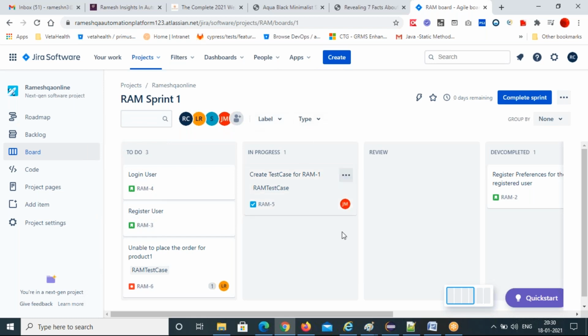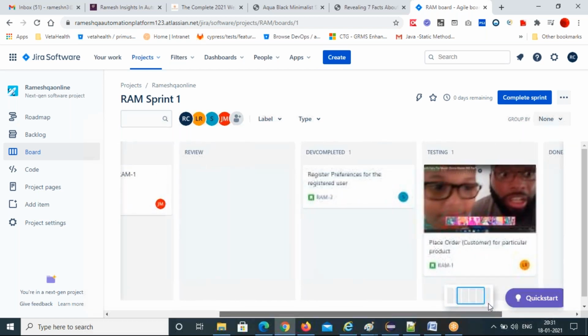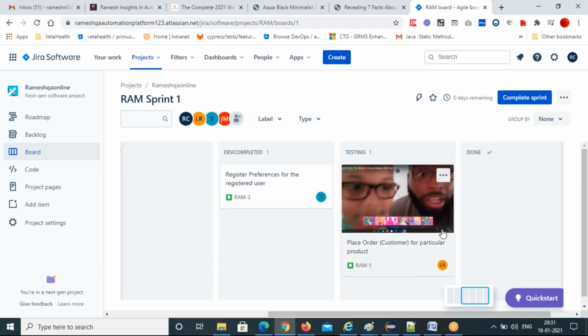I will add your name also. Then you have to-do list first, then in progress, then review, dev completed, then testing. You can put items in testing also. Then last, done. So this is how we can do this.